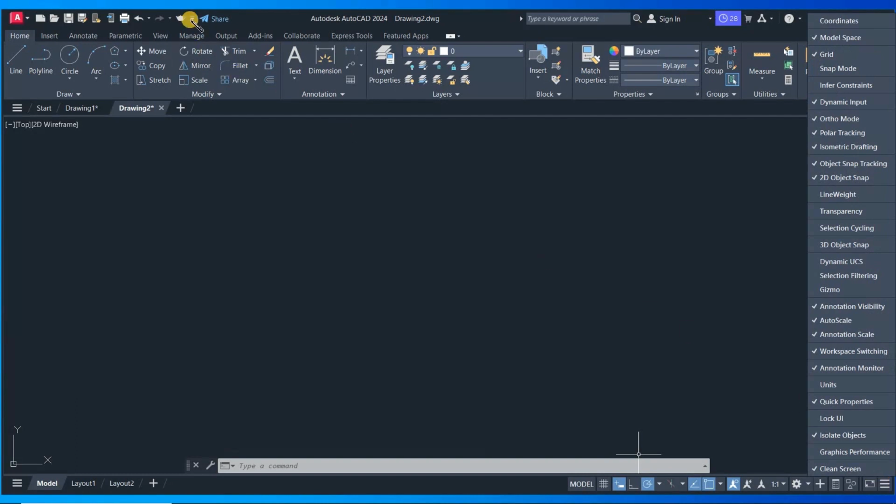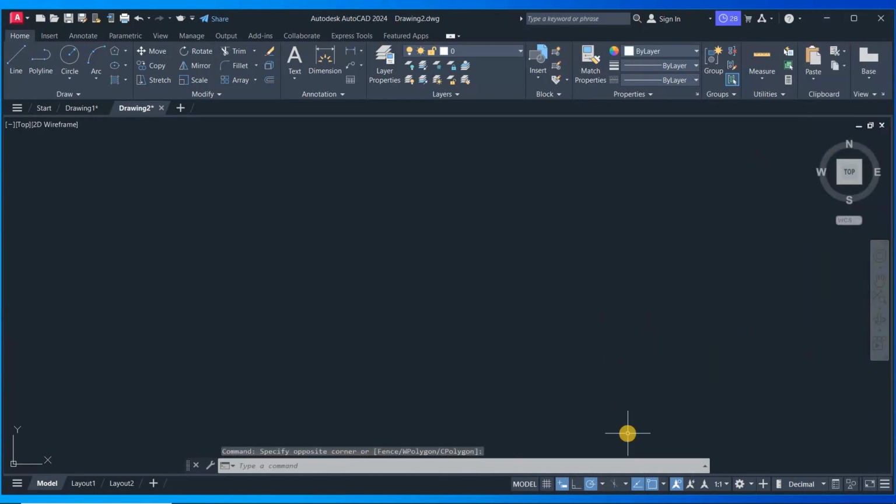Of course, you can influence what happens by customizing that status bar, just as in the case of the quick access toolbar, wherein you can customize it. So these options you can customize. For instance, you can enable or disable the dynamic inputs, and then you can also enable or disable the transparency, line weight options, and the drawing units as well. So by a click, you can influence, let's say, the dynamic inputs. If I click on that